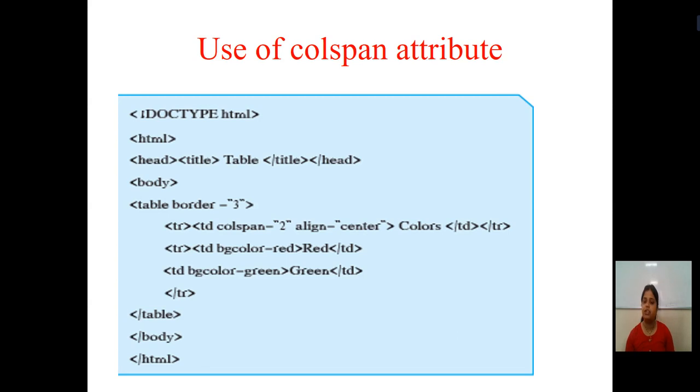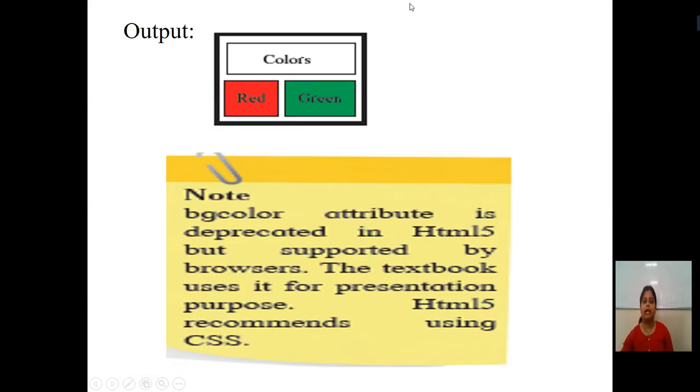So only one entry is done. In the second row, we did not have to use the colspan or rowspan attribute, so we have the two columns as they are. So we have to enter the two data in both the columns. In the first column we have entered red, and in the second we have entered green. In this way, our table creation is completed. So the table tag will get closed, then the body tag and the HTML tag. This is a basic example of the colspan attribute, and the output will be like this.